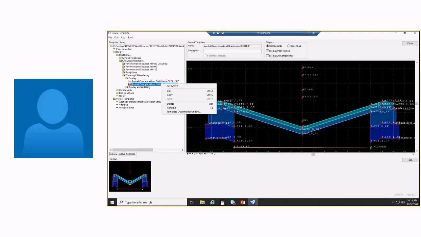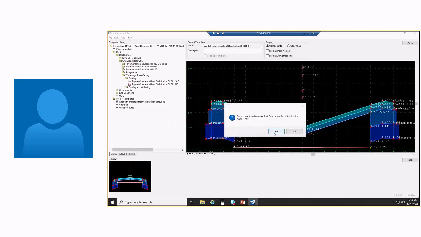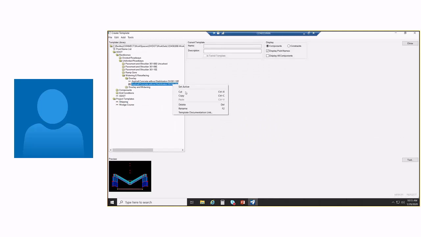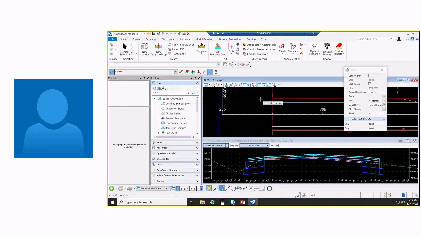So even after, all right, let's delete this one. Actually, it doesn't matter. It's in a copy of the library. I'm going to delete this one and copy that one down there. So, okay. Now let's try that. So on this corridor,